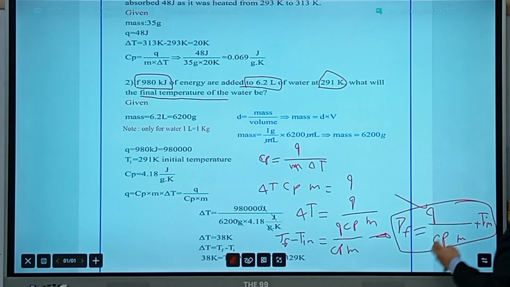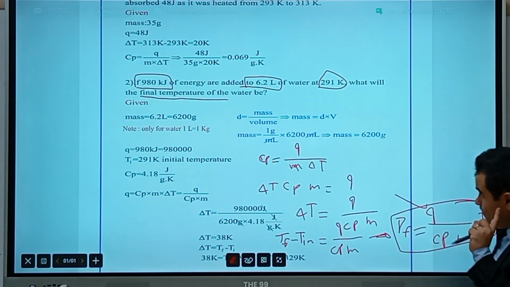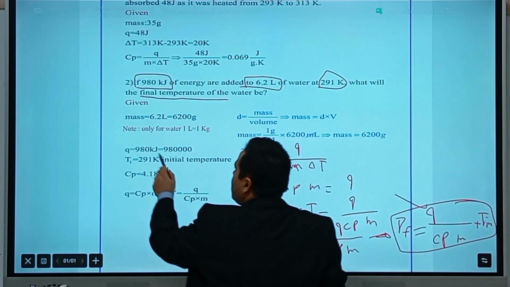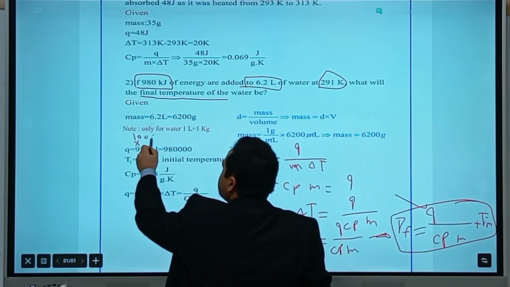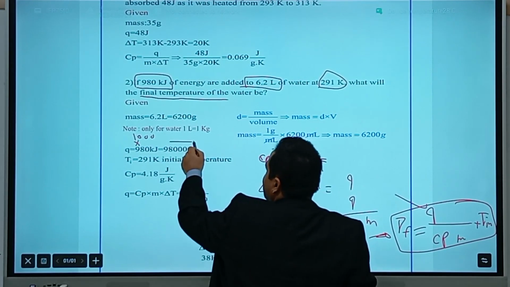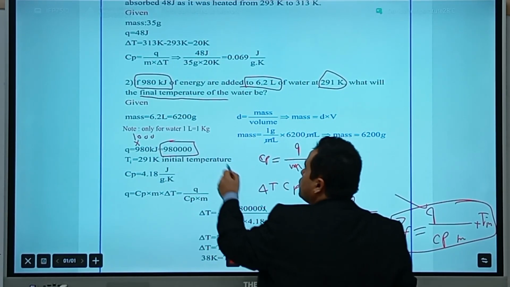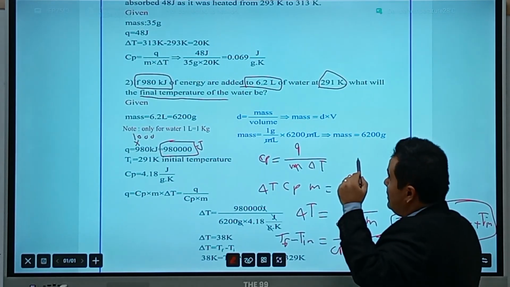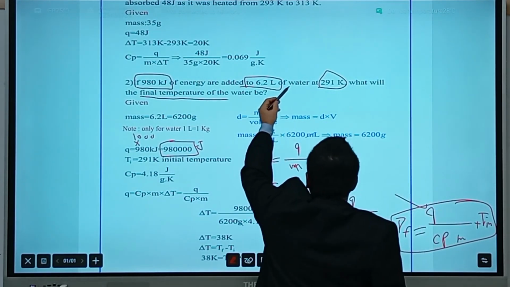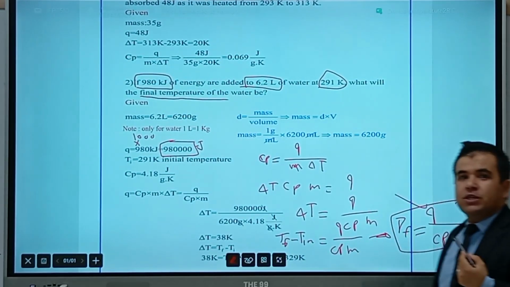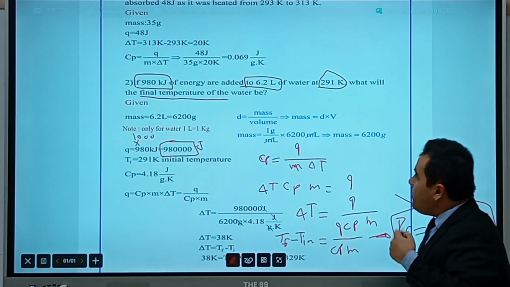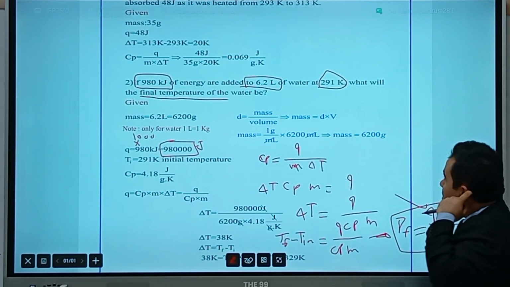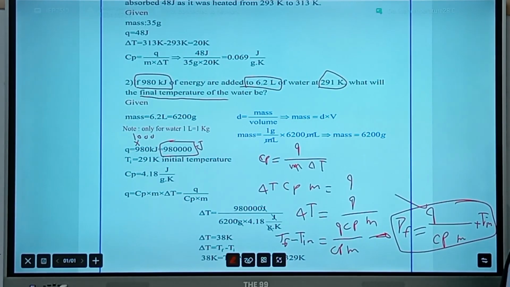Q is given, but it's not given in joules. You have to change it by multiplying by 1,000, and you'll get 980,000 joules. The mass, 6.2 liters, is given, guys. Keep in mind that for the mass,